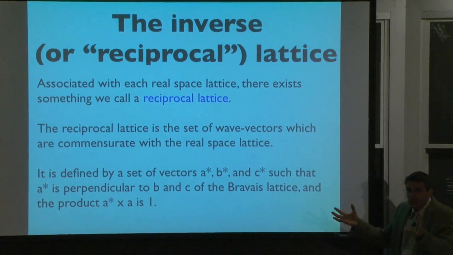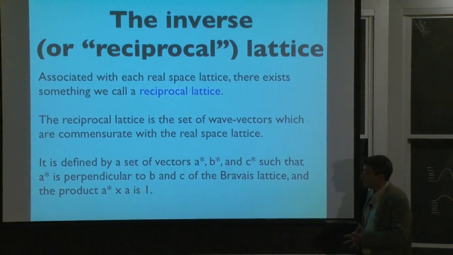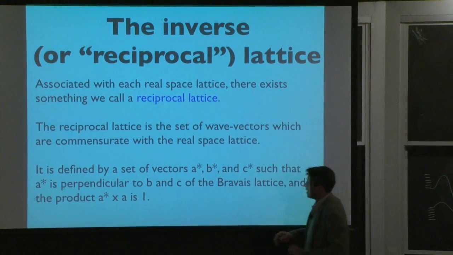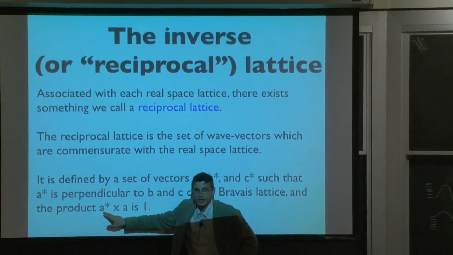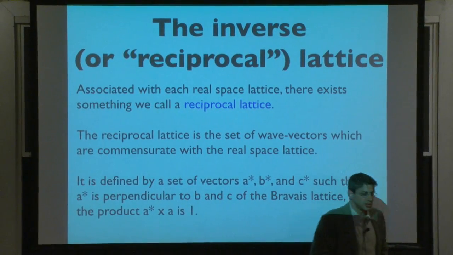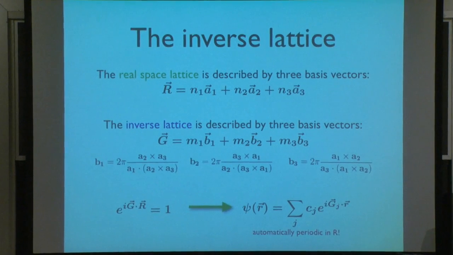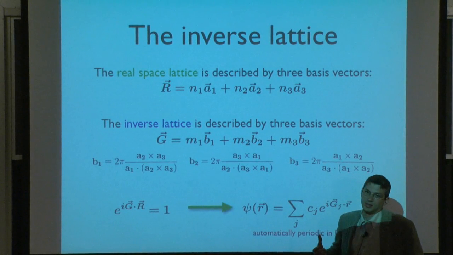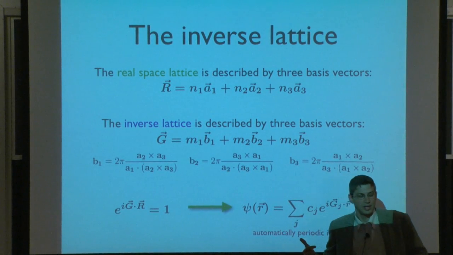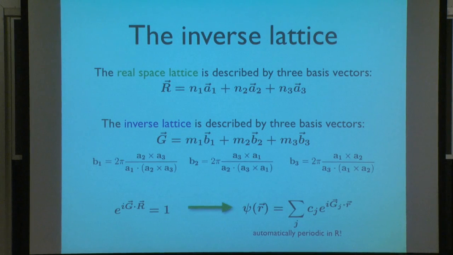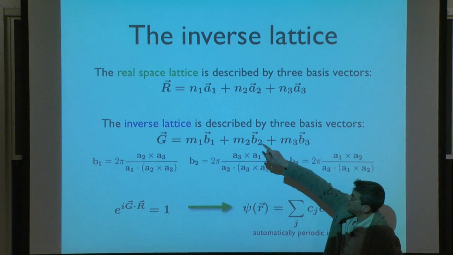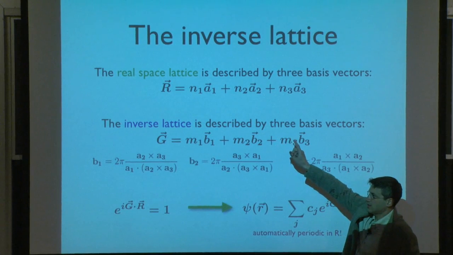But you call them A star, B star, and C star, and the way they're defined is in a very important way. First of all, A star, the reciprocal vector, times A is 1. So there's a normalization. And secondly, something a little more mathematically rigorous: it's the cross product of the other two. So A star is the cross product of B and C. B star is the cross product of C and A. And so you can write down, basically, when you have your real space lattice,